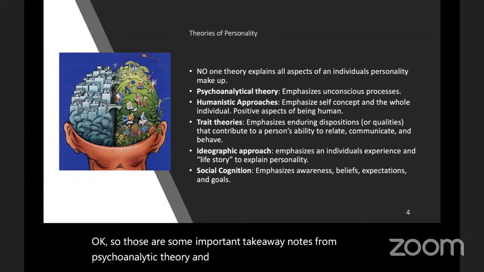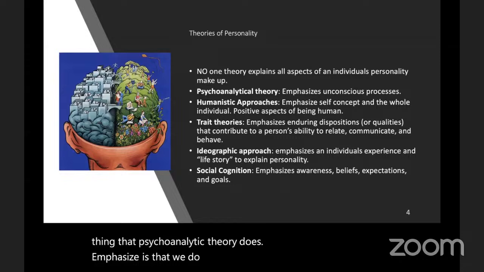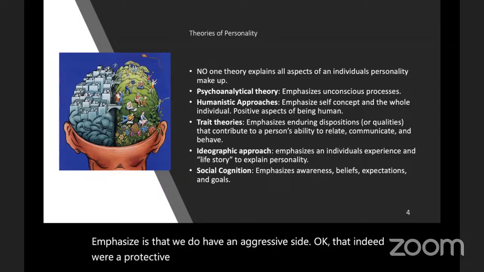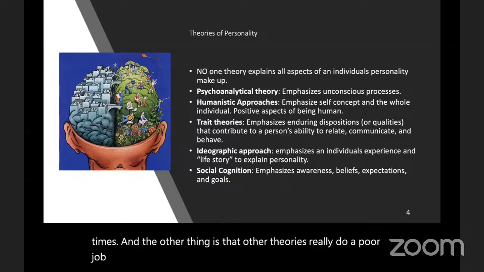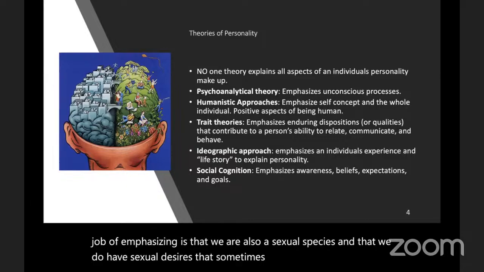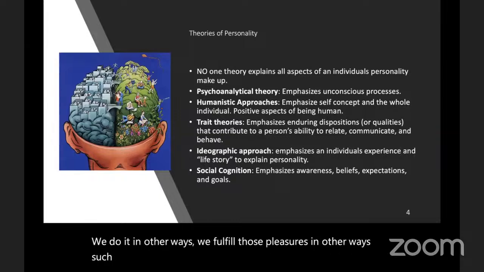And probably I should mention the last thing that psychoanalytic theory does emphasize is that we do have an aggressive side. Okay. That indeed we're a protective species, and we can be highly aggressive at times. And the other thing that other theories really do a poor job of emphasizing is that we are also a sexual species, and that we do have sexual desires that sometimes we can't fulfill, so we do it in other ways. We fulfill those pleasures in other ways, such as engaging in gaming or engaging in a sport or